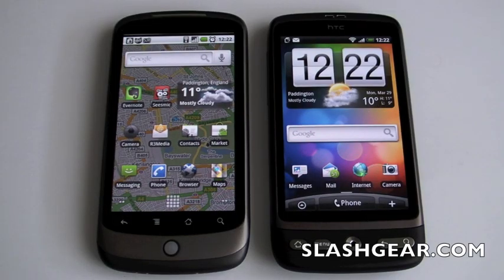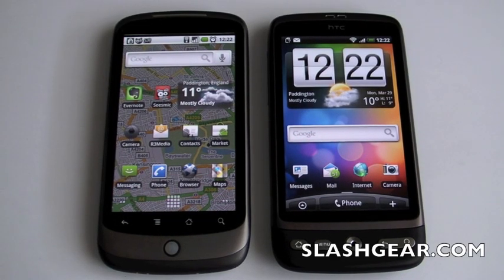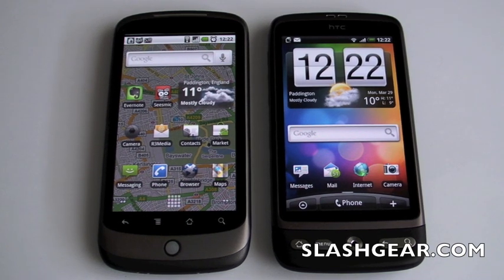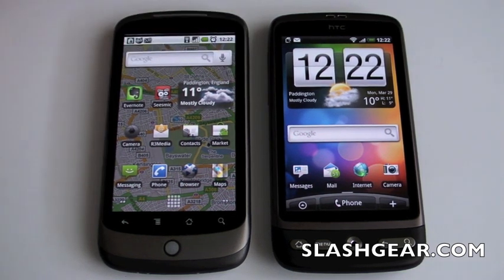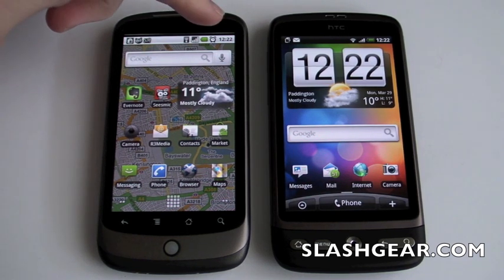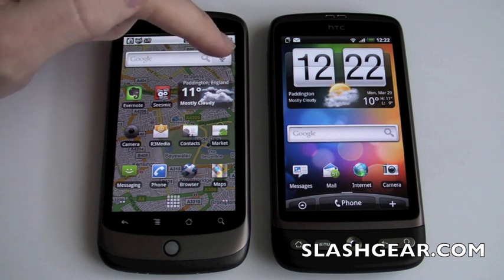Now, another difference between the Google Nexus One and the HTC Desire that some people might find makes a difference to the decision of which phone to get is voice search and voice to text, which is something that HTC haven't put onto the Desire, but you do get on the Nexus One. So for instance, say if you wanted to search for traffic status, you could tap the voice icon,